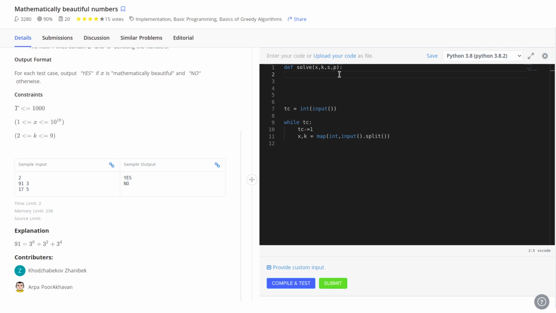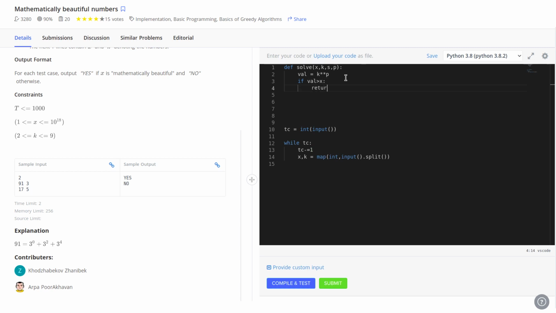What will be our end point so that we do not call this function further? We check if val equals k to the power p, that means 3 to the power of the power.